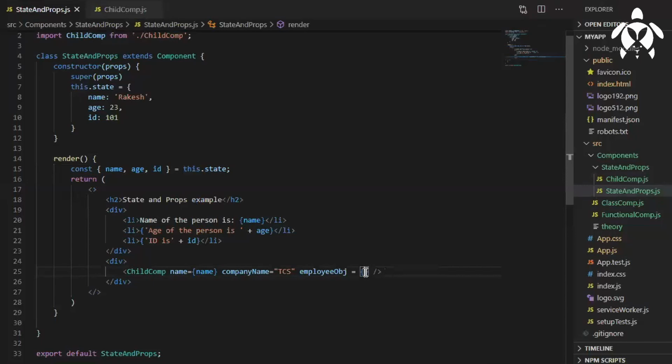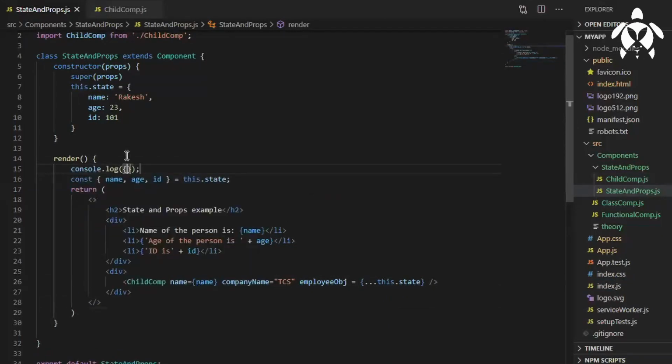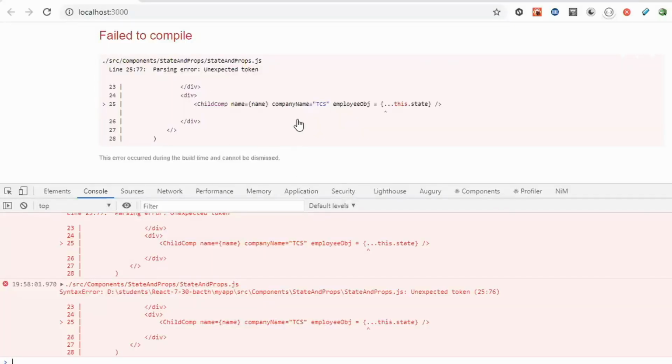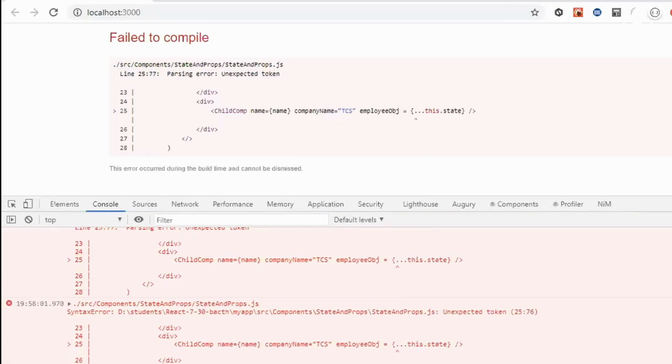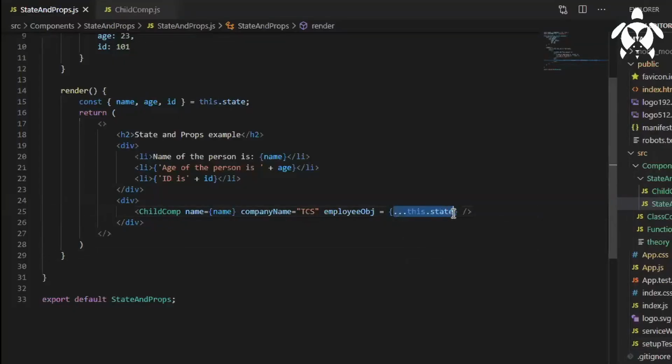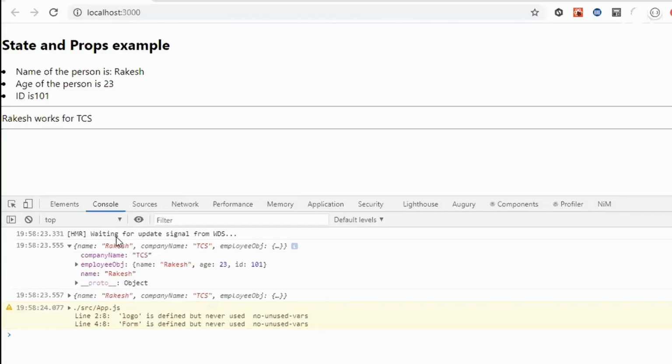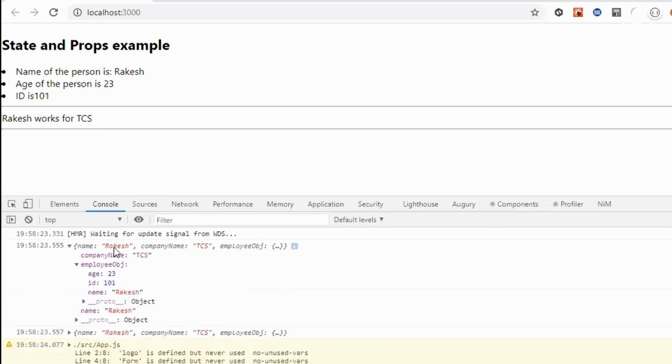Otherwise, as I was showing with console log, I was spreading within the curly braces. Now it will be considered an expression, a binding curly brace, and within that you need to have one more curly brace. So you'll get the unexpected token error. But here it will not make any sense, because it's going to be the same.